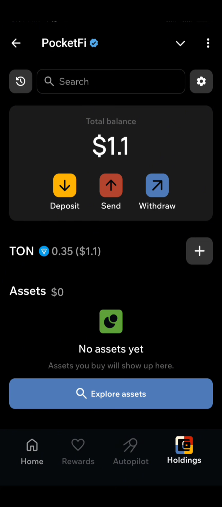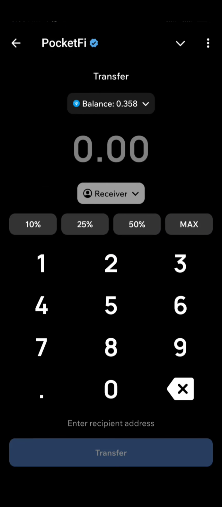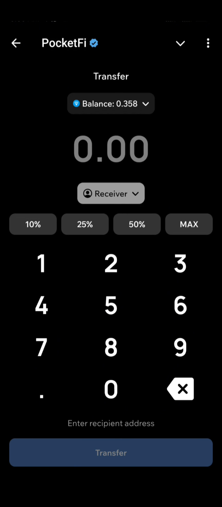After seeing the SWITCH that you just claimed, the next thing you need to do is to withdraw the SWITCH to Tonkeeper or your TON wallet. This is because PocketFi wallet is centralized. If anything should happen to your Telegram account, any money that you have on SWITCH is lost. So what you need to do is to click on withdraw, then you select SWITCH. Select SWITCH, you enter amount,